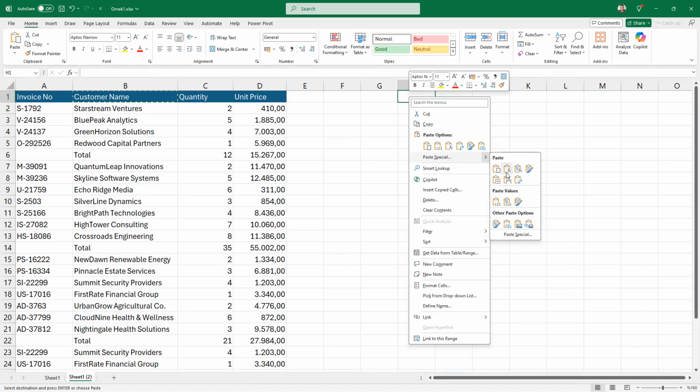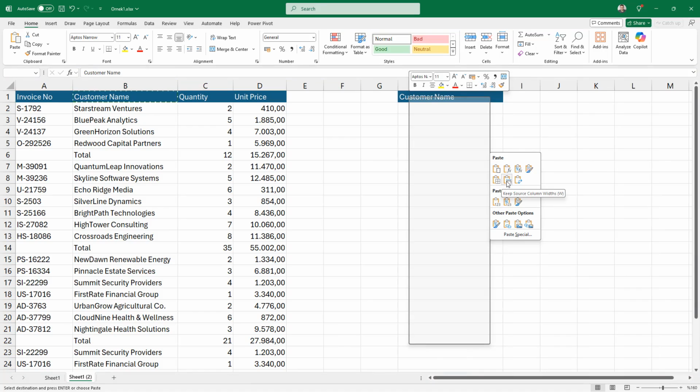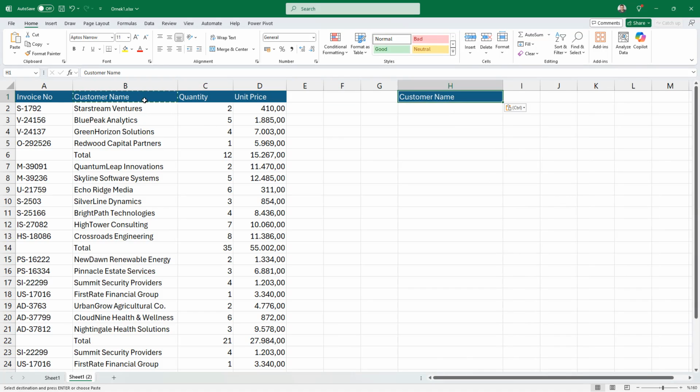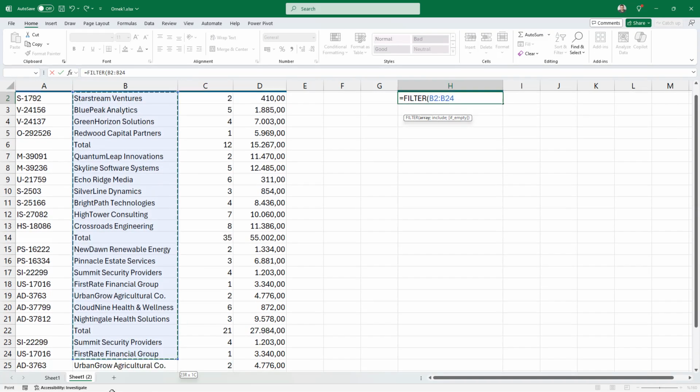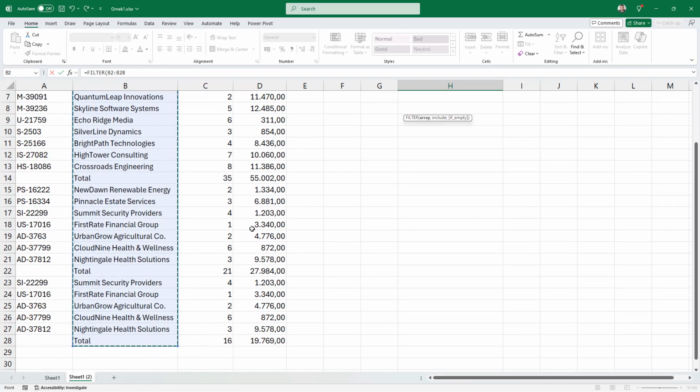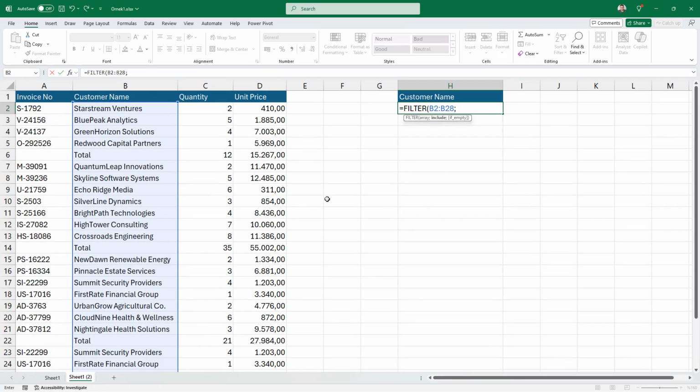While pasting, let's come from Paste Special and apply the width we got here 1-to-1 with the Keep Source Column Widths option in the second row. Then let's filter the list we have by saying equals FILTER. Look, we will filter the data here, and what is our condition from here? While filtering the data here,